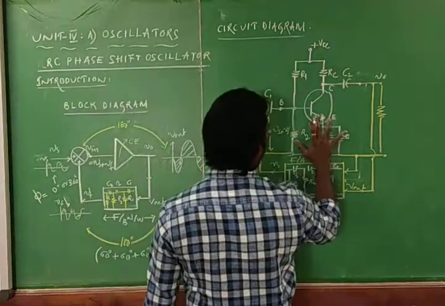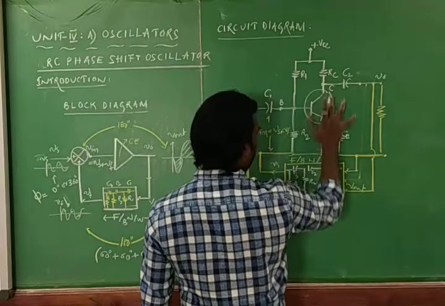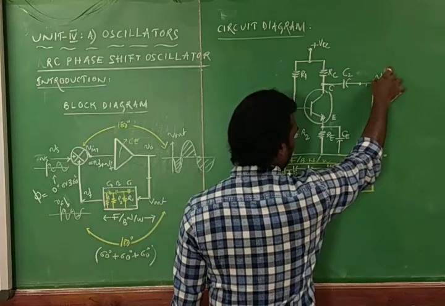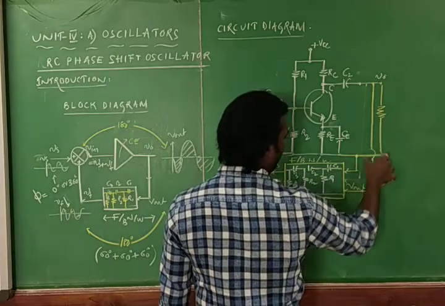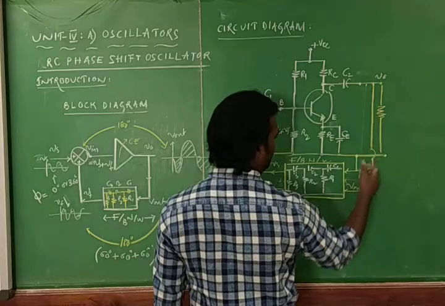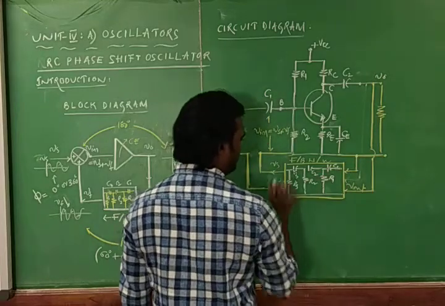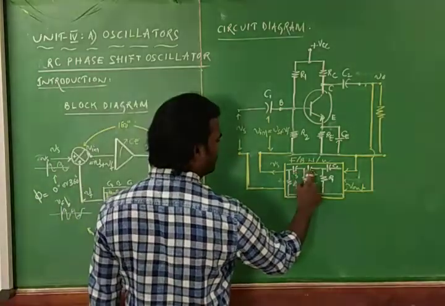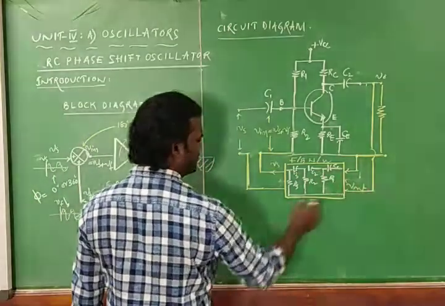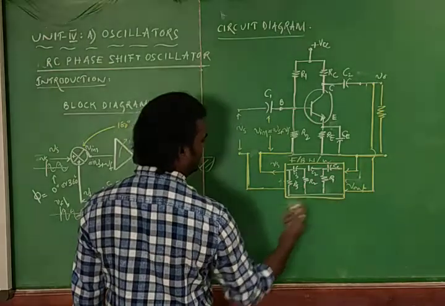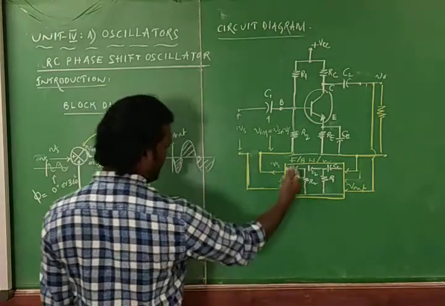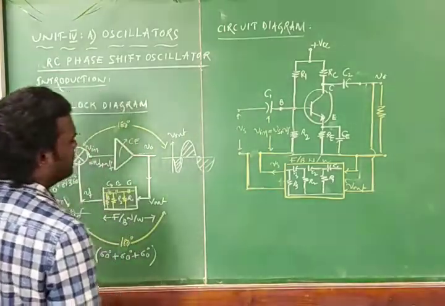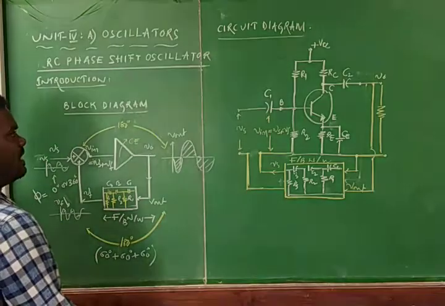This is the amplifier section, and this is nothing but the internal diagram of that amplifier section, and it is providing the output. From the output we will be taking the voltage across the load resistance, and it is connected to the feedback network. That feedback network is an RC type feedback network, designed with 3 resistors and 3 capacitors, so that each resistor and capacitor pair is able to provide 60 degrees, a total of 180 degrees, and it is connected again to the feedback source signal to have the complete oscillator circuit.